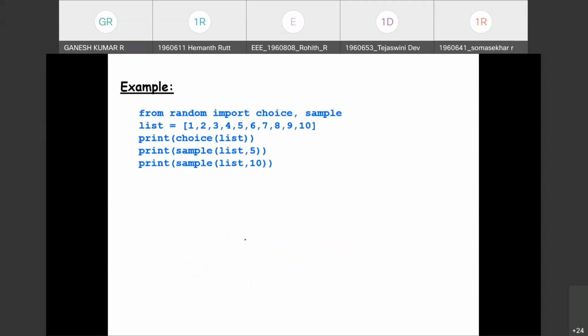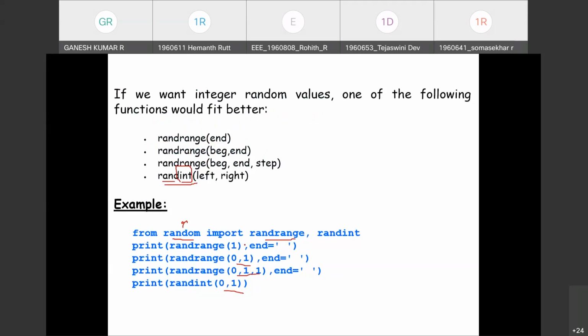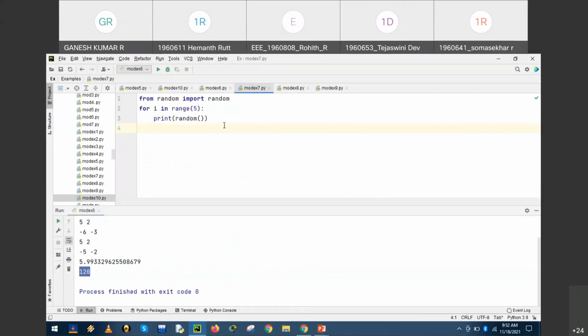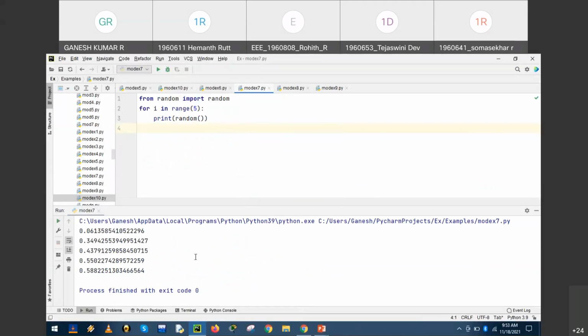Okay, this is an example. Let me show it. The first one: from random import random, for i in range(5). When we run the program, we get five values. Range means 0 to n minus 1, 0 to 4.